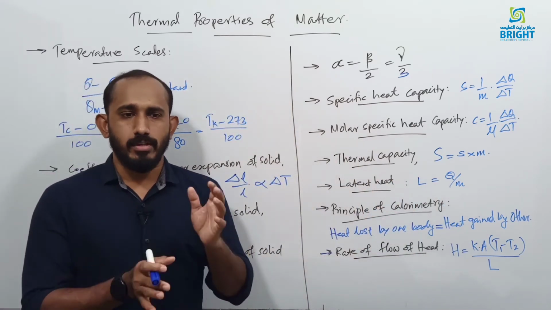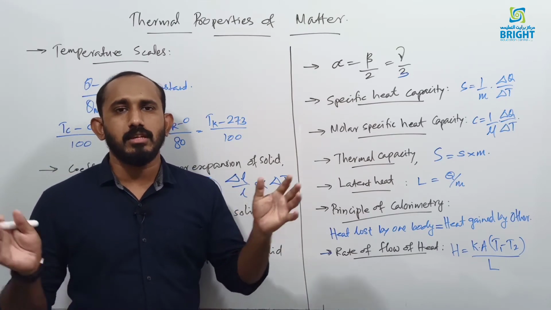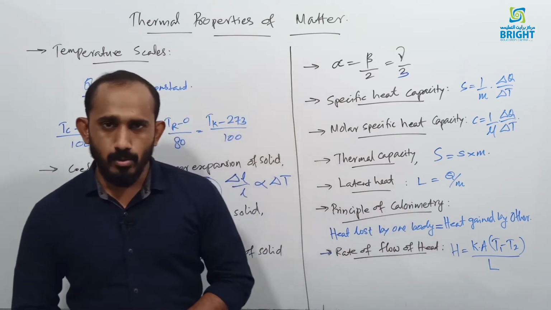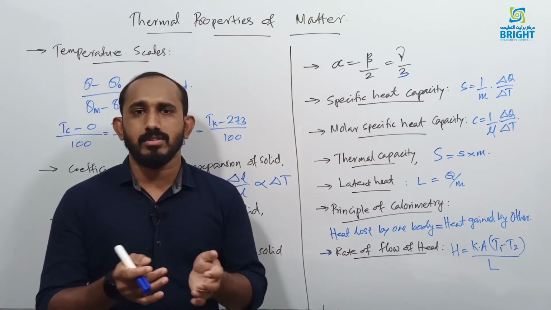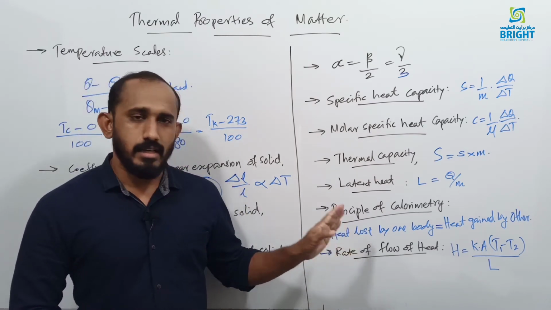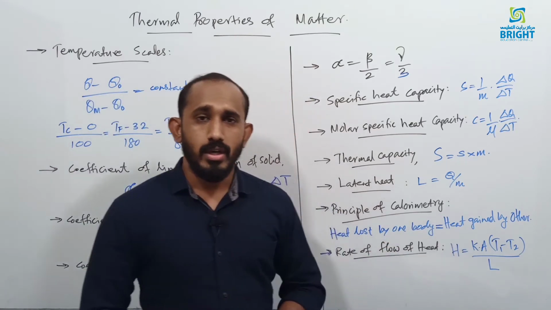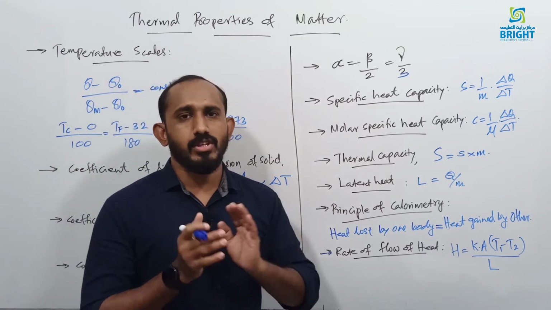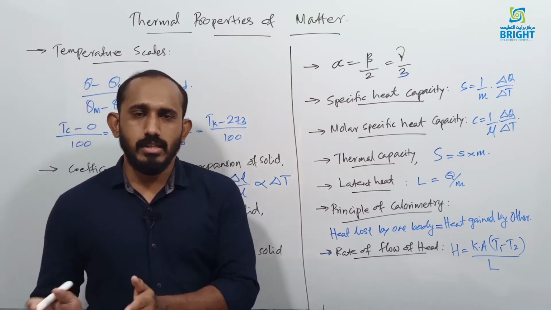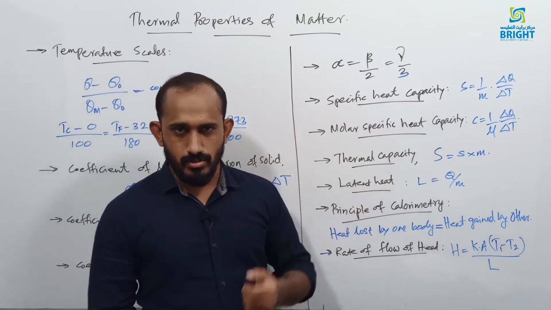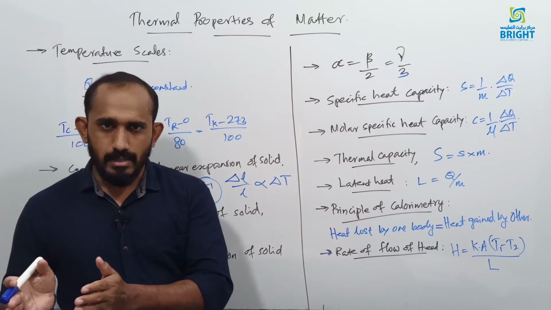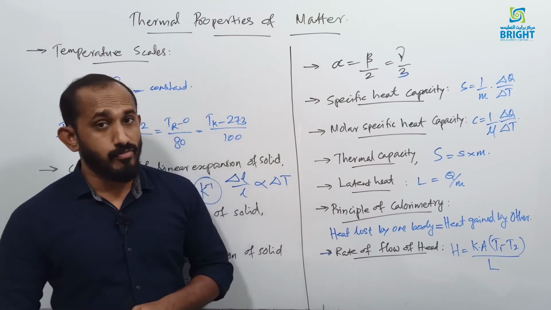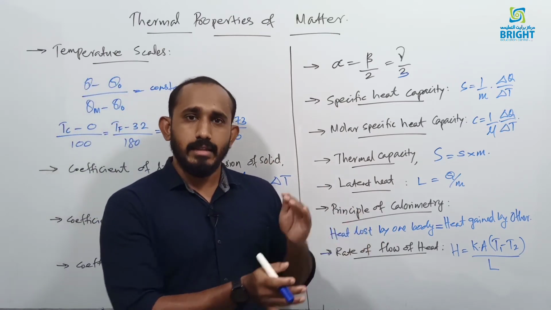Now, if two bodies, one hot body and one cold body, at different temperatures, are combined together, there will be a flow of heat. The principle of calorimetry will help you find how much heat is required or how much heat is lost. The principle says that the heat lost by one body will be equal to the heat gained by another body. For example, the question comes: how much heat is required to change 3 kilograms of ice to water at 10 degrees Celsius? First its temperature increases, then on reaching 0 degrees it melts. During melting, it absorbs heat in the form of latent heat, then it is converted to water,